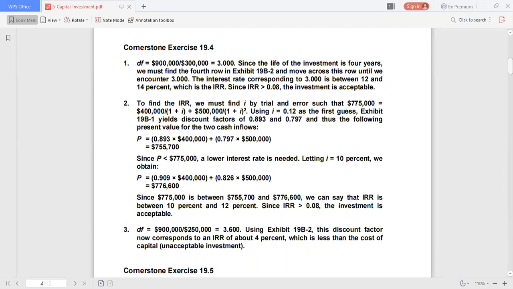0.893, that's in line with year 1, and year 2, 0.797, and thus the present values for the two cash inflows. You multiply the present value factor by the amount of inflows. So, you are going to add it to the amount of inflows during the second year. So you get